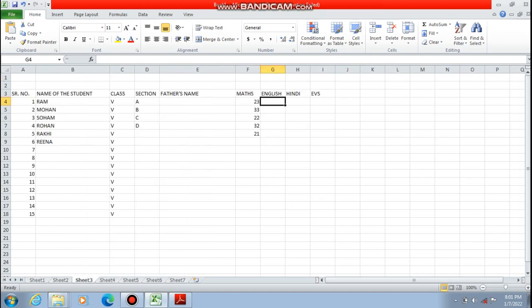And within a sheet you have about 16,000 columns and 10 lakh rows. So just imagine how much data you can share in a single Excel.